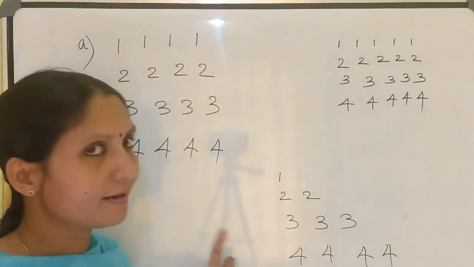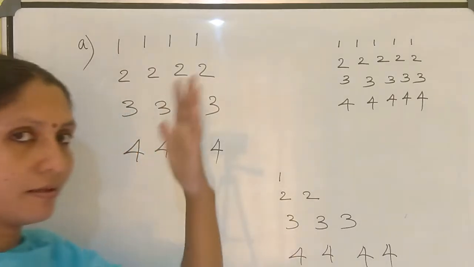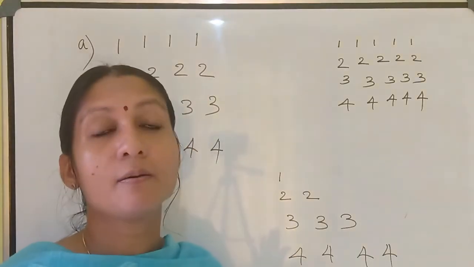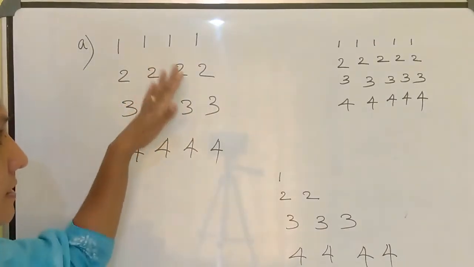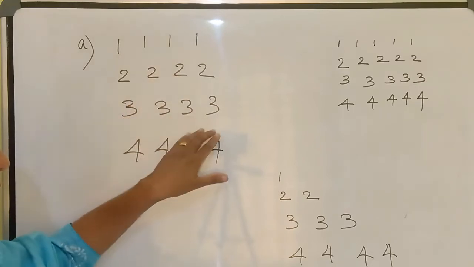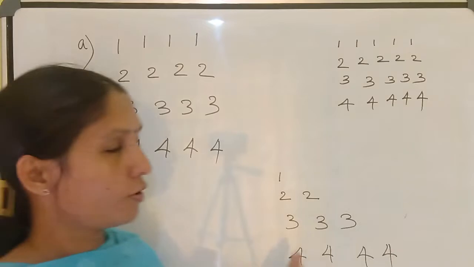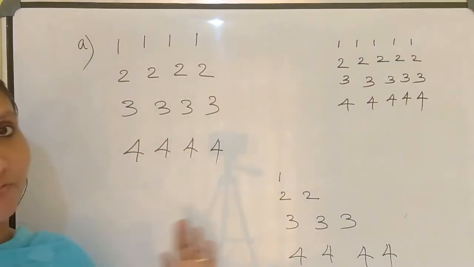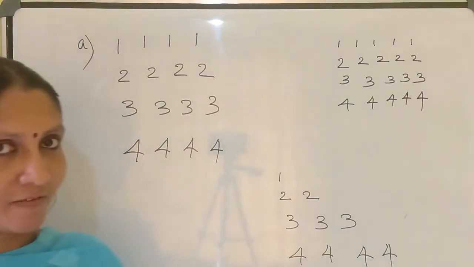But here there is a different element. When you compare with the first pattern, there we studied how to create the pattern using the star symbol. Here we entered some numbers. See, the first row we have 1, second row we have 2, third row we have 3, the fourth row we have 4. We are following the same numbers but in different shapes. How can you do this with the help of Java programming?